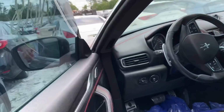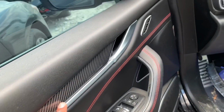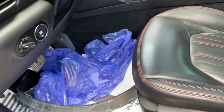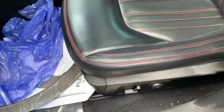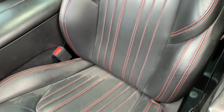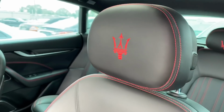64,000 miles on this one. We got some more stitching right here. Some more carbon fiber on the door. I like how they did the red stitching. The red stitching is pretty cool, if I say so myself. It is a 2013. No, I'm sorry. 2017. I'm tripping. 2017